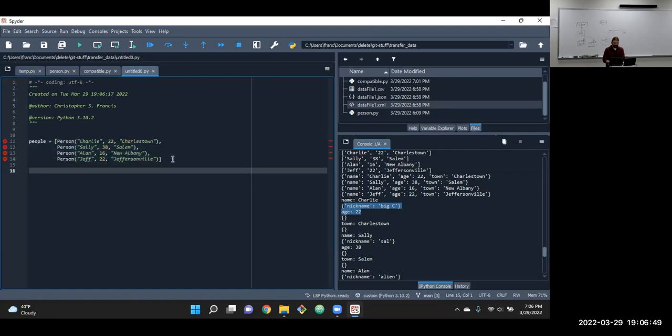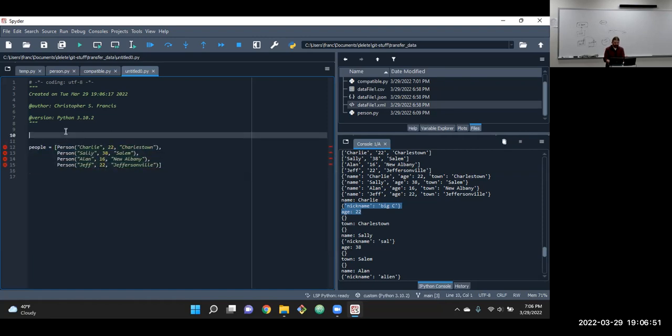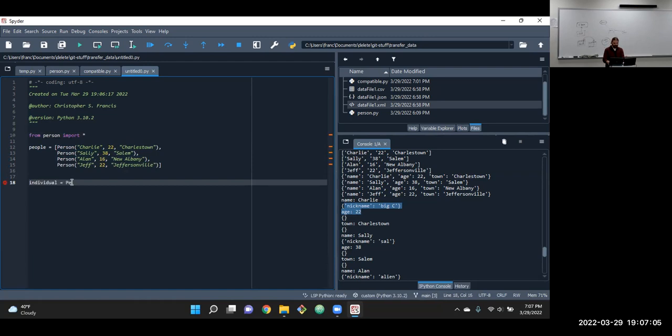So sort of the same data, which leads me to from person, import all. I'll make a unique one to individual. It's a person. Becky, age, from